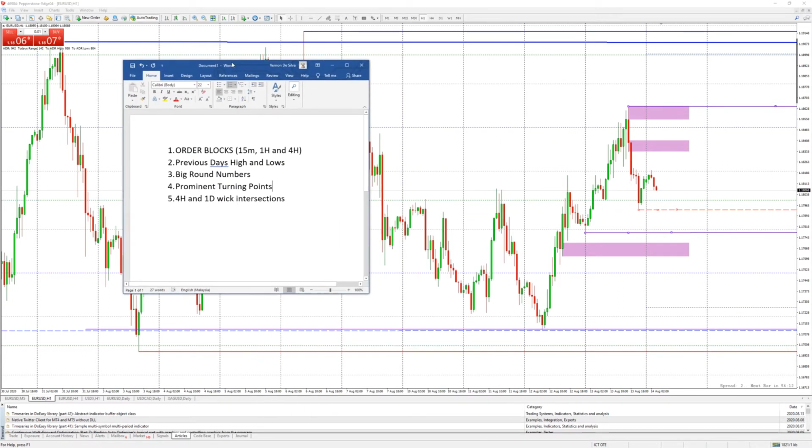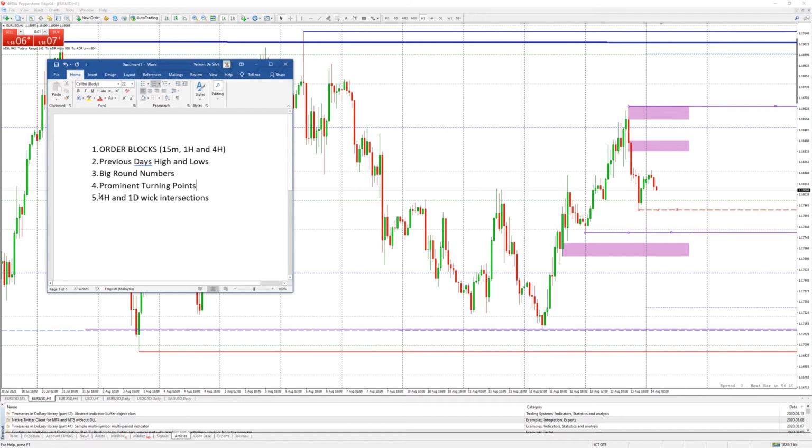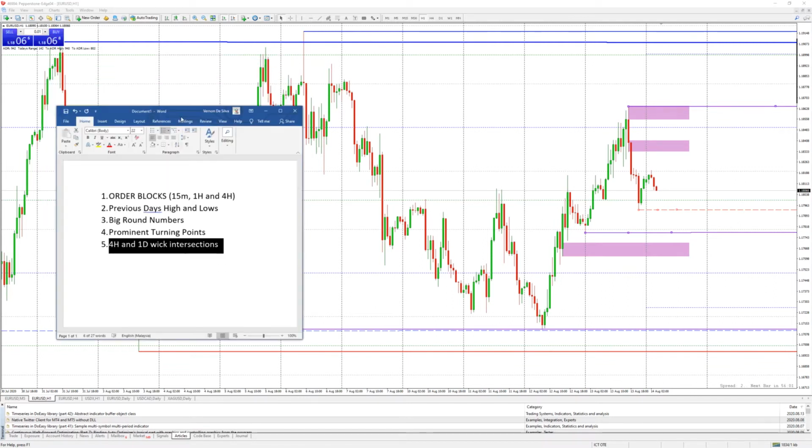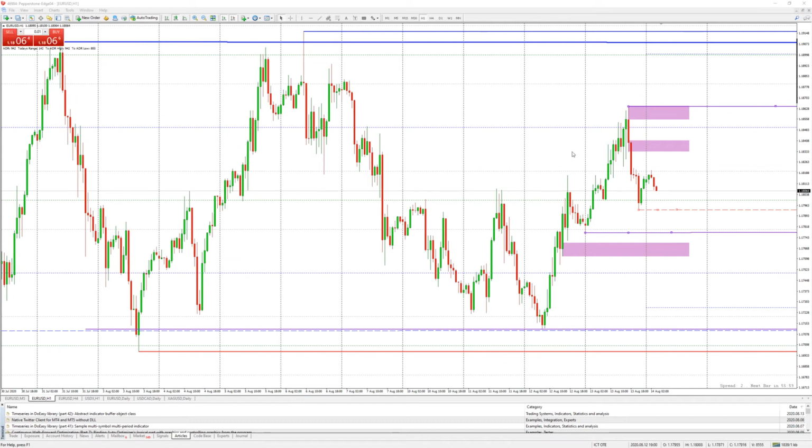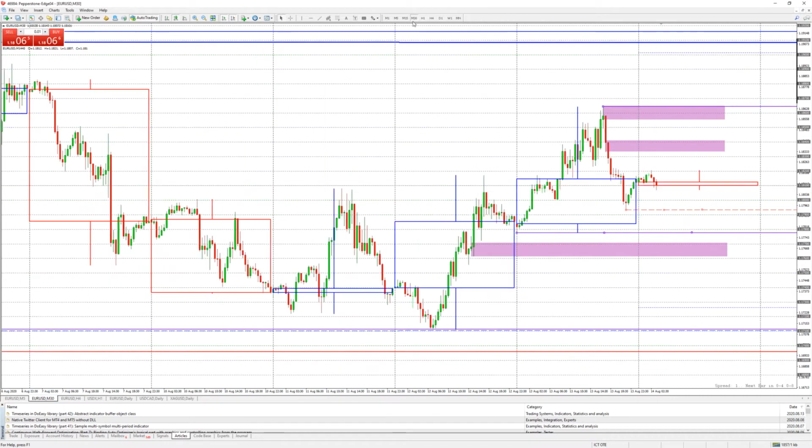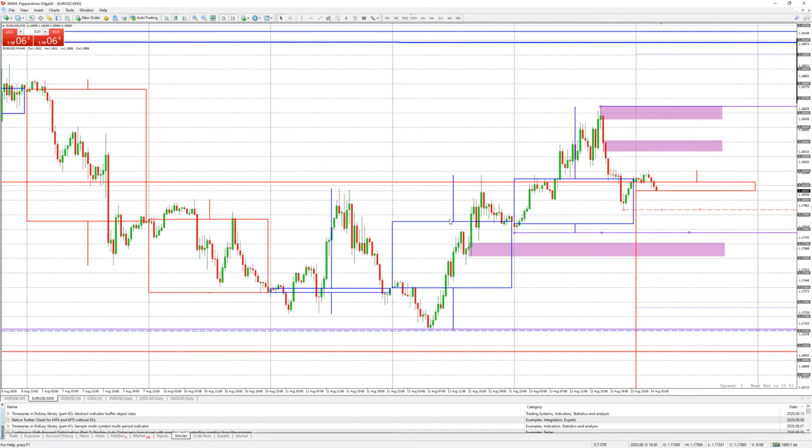And the last thing that you want to look at is this thing here. This is something that I'm not sure whether anyone else teaches. It's a 4 hour and 1 day week intersection. So what do I mean? Okay, let's take a look. Where did I have it? Okay, so I have this